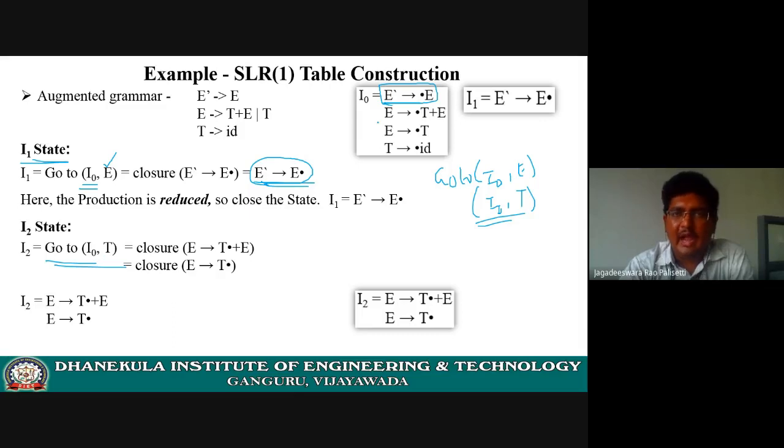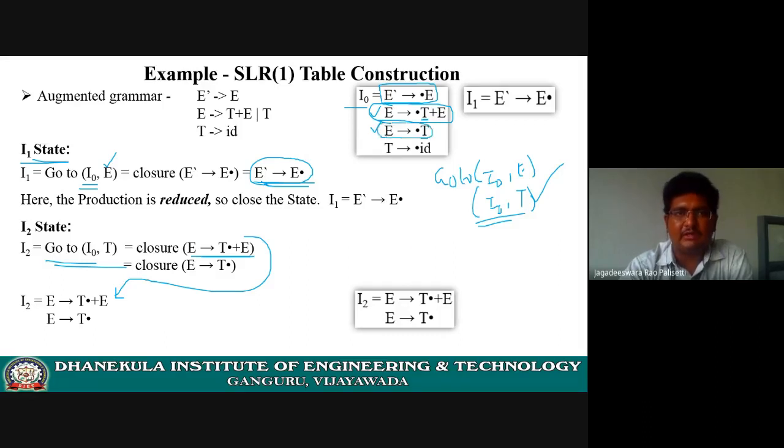Again, I have to consider two production rules now. This is important. We have to consider both. Why? Because after the dot here we have a capital T, and here also we have the capital T. So at the time of computing the goto function on I0 with respect to capital T, we need to consider these two and perform both. For the first production, shift the dot. So this is the thing we are getting. After that, there is a terminal, so no need to add any production. So directly I get this in the state I2.